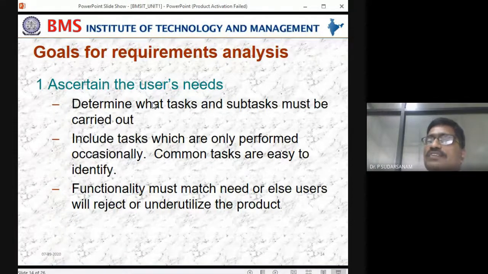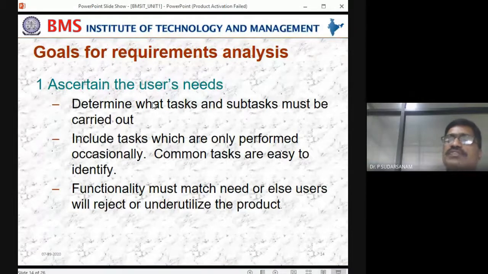Underutilization is nothing but, suppose one person develops a product for 100 rupees, and the same product if you develop for 2000 or 10,000 rupees and keep it in the market, nobody will buy it unless you have special qualities, special attractions, special facilities. That is what ascertaining the users' needs means.